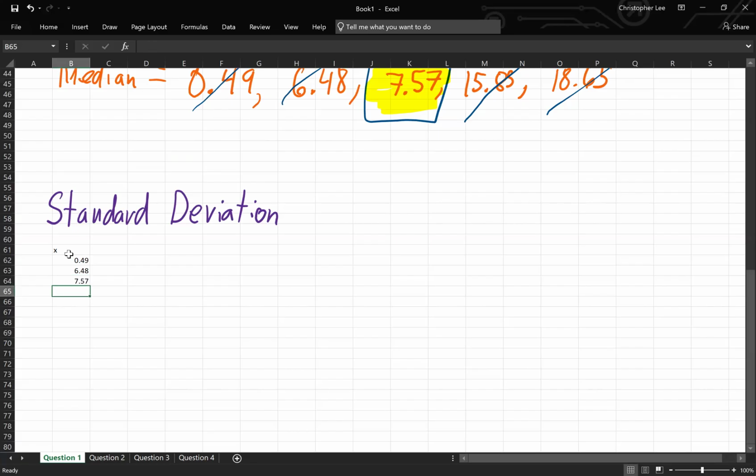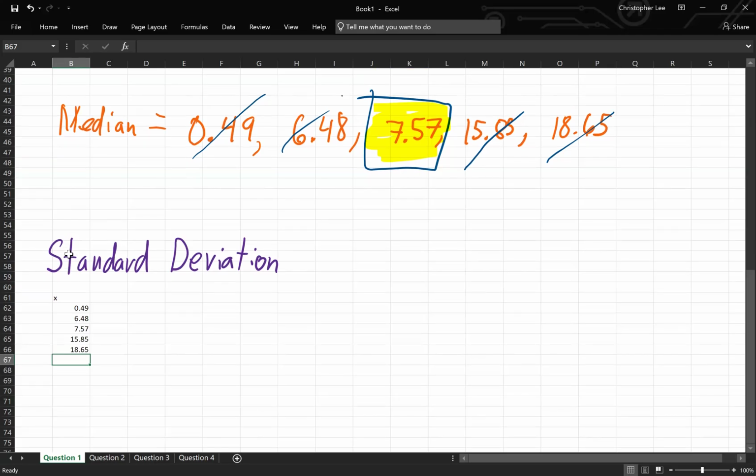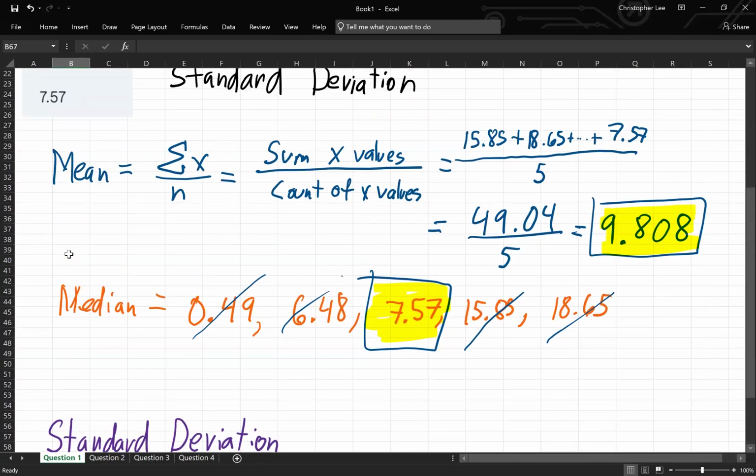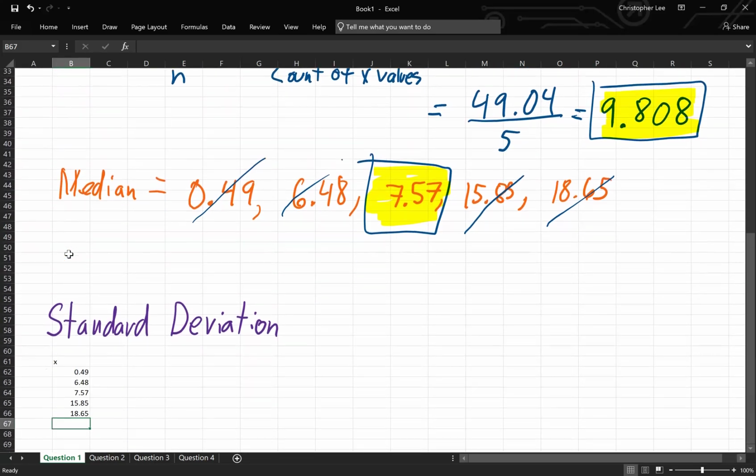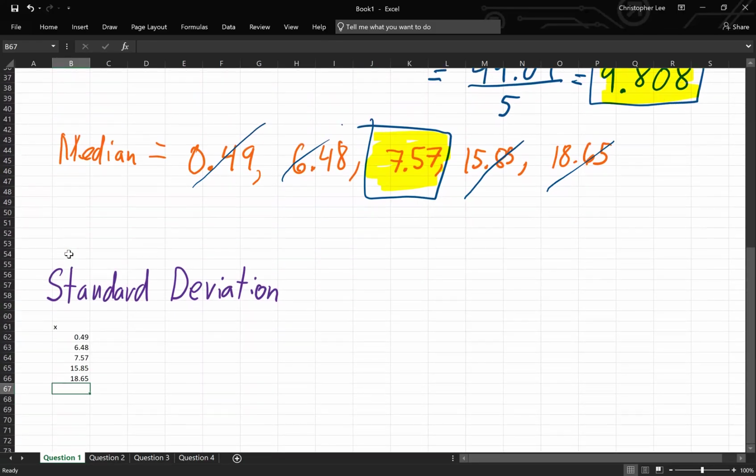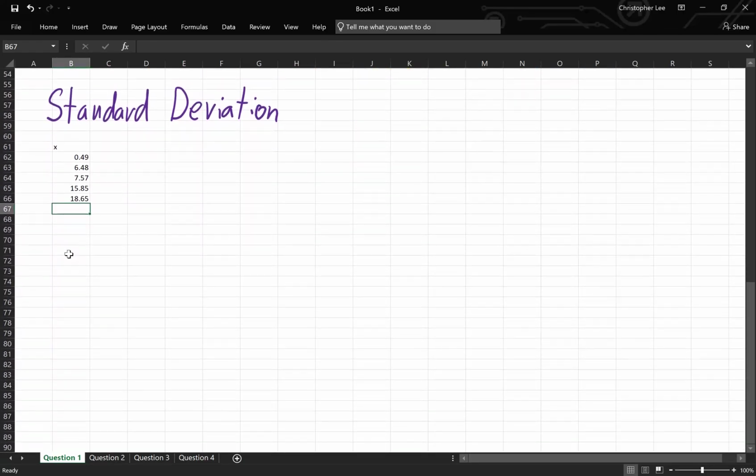7.57, 15.85, and 18.65. All right, just let me verify something real quick. This is 15.85, 18.60. Okay, perfect. Now that I have my list of my x's, the next thing that I want to do